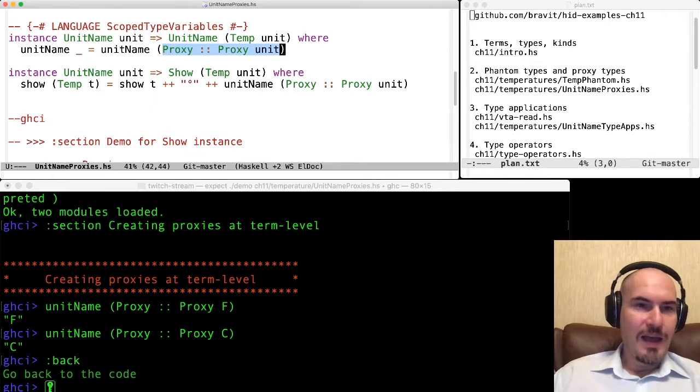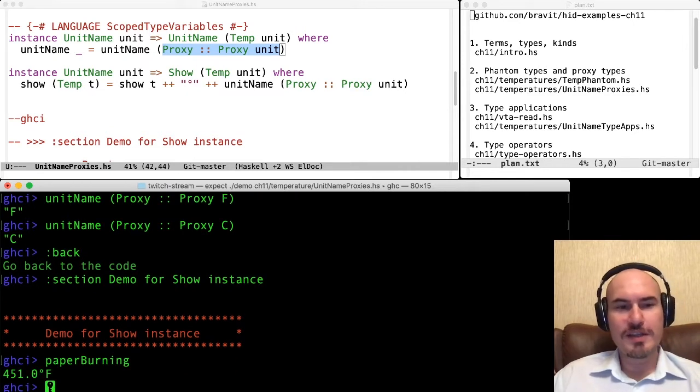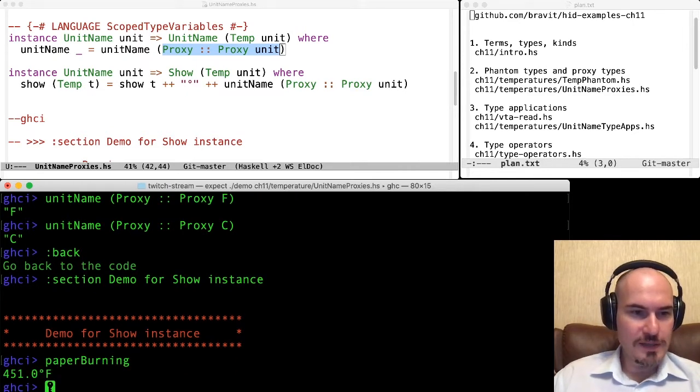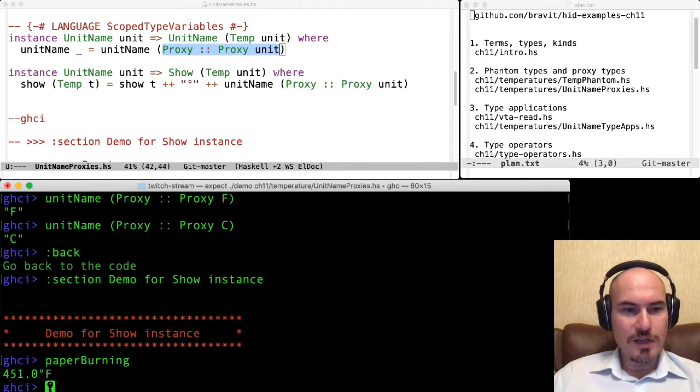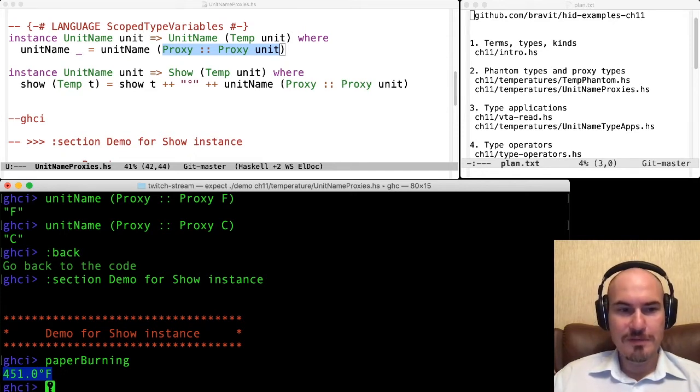Okay. So let's look at how it works. So for example, paper burning, it's 451, and let's look here. So we know that the type is temp F. So that's why we've got here.